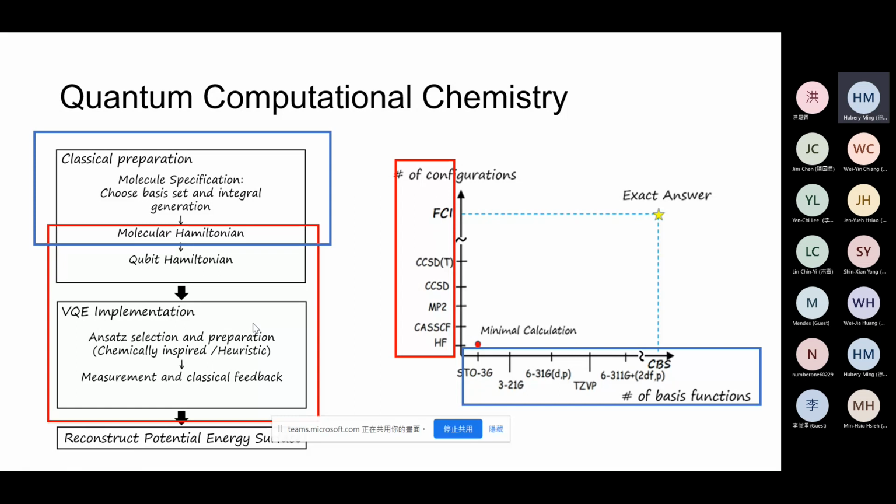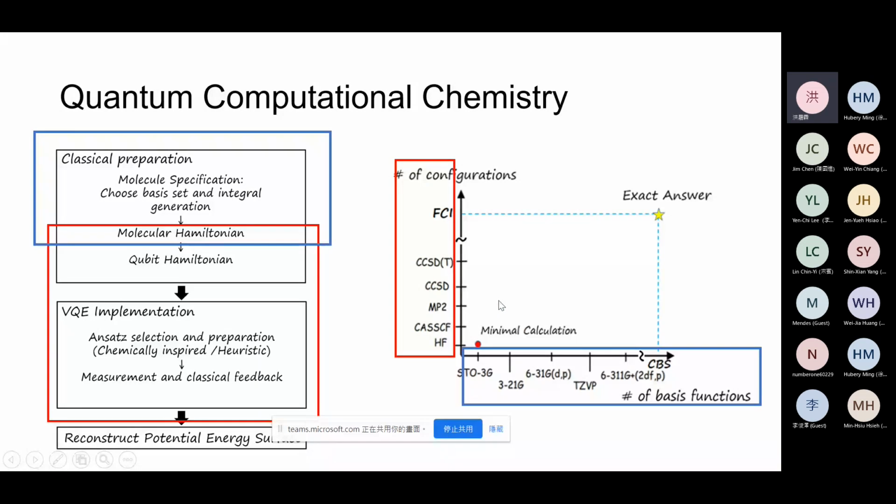You mean when you have chosen your method and basis, you also need to see how to convert into the qubit Hamiltonian? Yeah, that is the blue region. After choosing that, you determine the final quality of your Hamiltonian, or we can say the upper bound of the Hamiltonian. But by choosing the method, you can always reduce